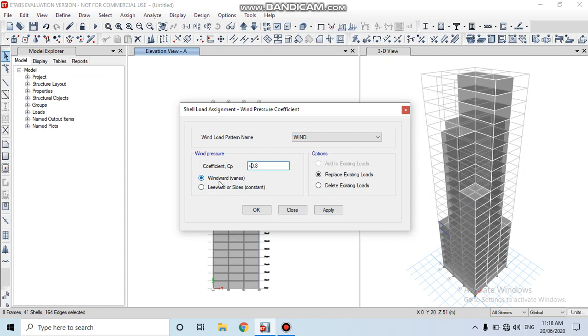Then it varies along the windward. This plus 0.8 coefficient has come from a 23-story building, with the length to width ratio between 1 and 3/2. So the values of plus 0.8, minus 0.25 and minus 0.8 have been taken from the IS code wind pressure coefficients.